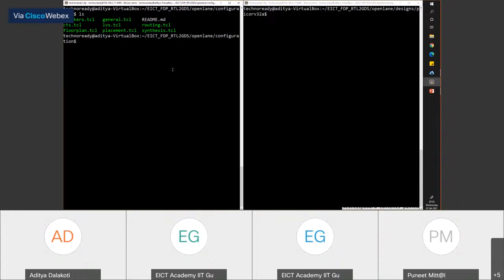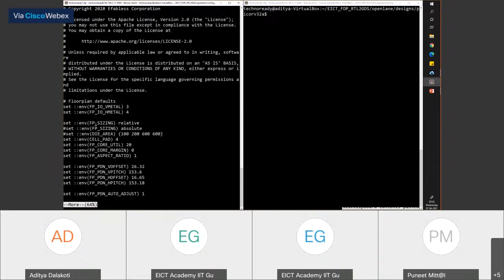So let's start with floorplan.tcl. Let's start with this IO metal. So what does this IO metal mean? Right now in the place IO, you placed some metal pins on the horizontal and vertical directions. What are the horizontal and vertical direction pin layers?